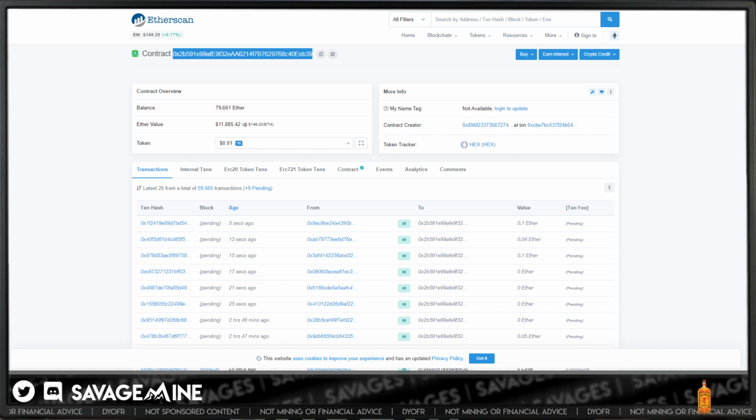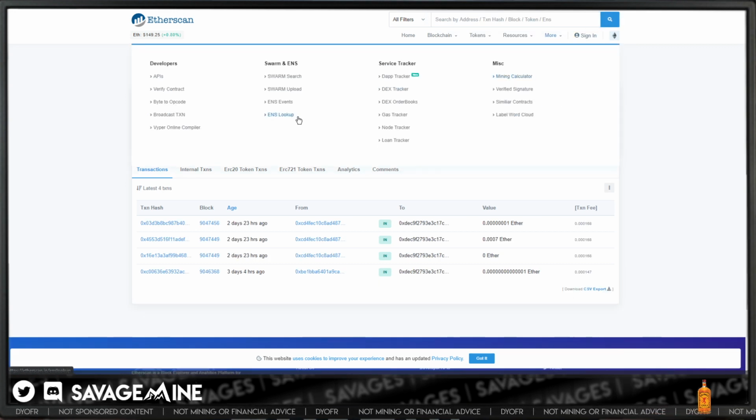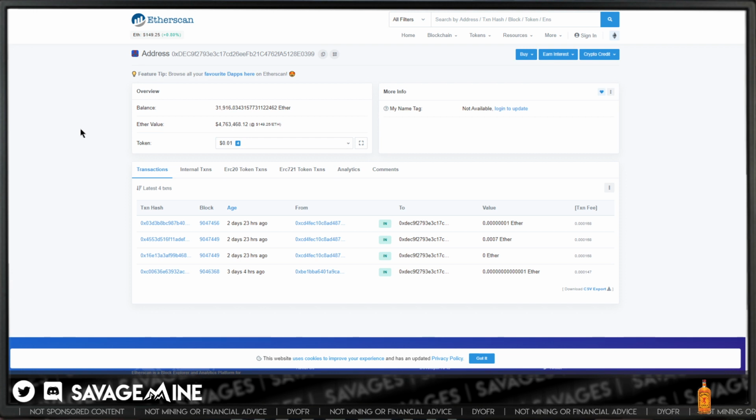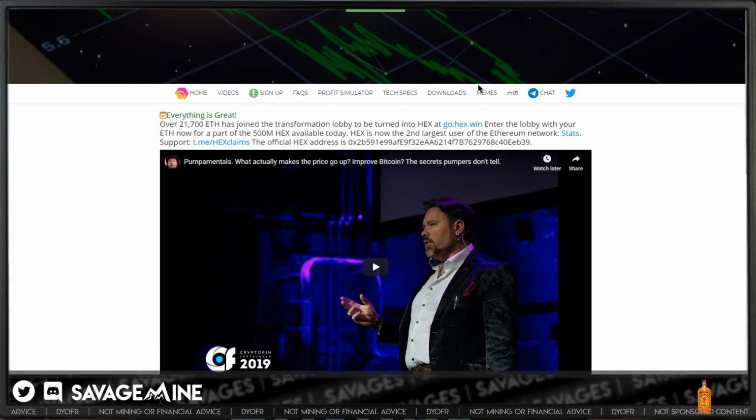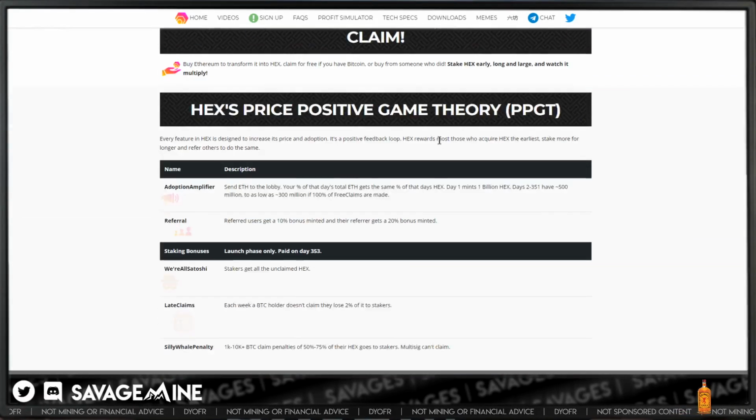I'll explain all this in just a minute. Let me look for this. All right, so this is the flush address. You can see that there are 31,916 ETH that have been sent to this address. So what is that? Well, that is part of the fundamentals of Hex. And it's basically the, let me find it here,